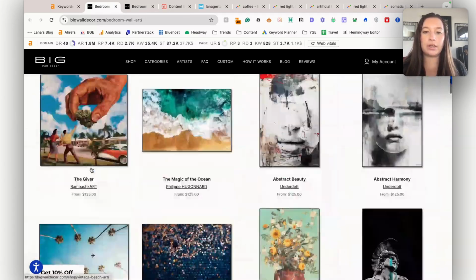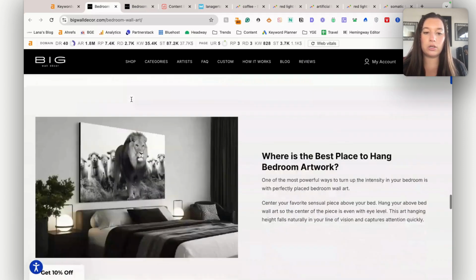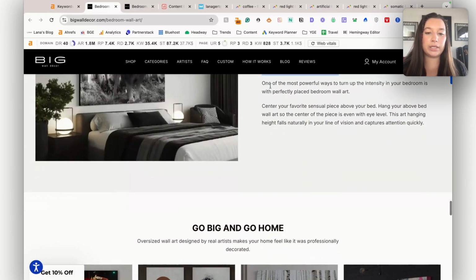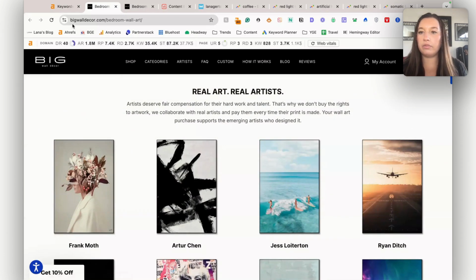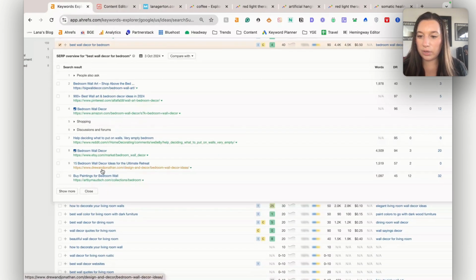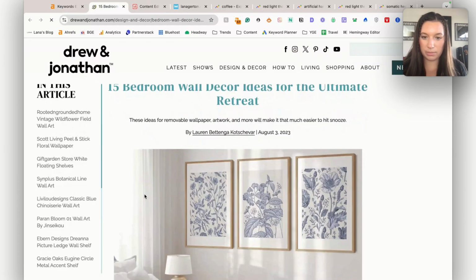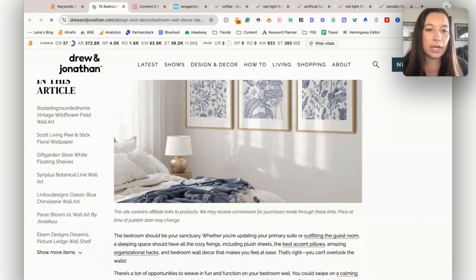So you can either build it out like this, with a bunch of product pages. Again, you can see here they have where's the best place to hang wall art, right? And a bunch of other information. Or you can do it like, let's see if there's one here. Let's see what this blog post looks like, where it's 15. Okay, yeah. So this is what I'm going to build out